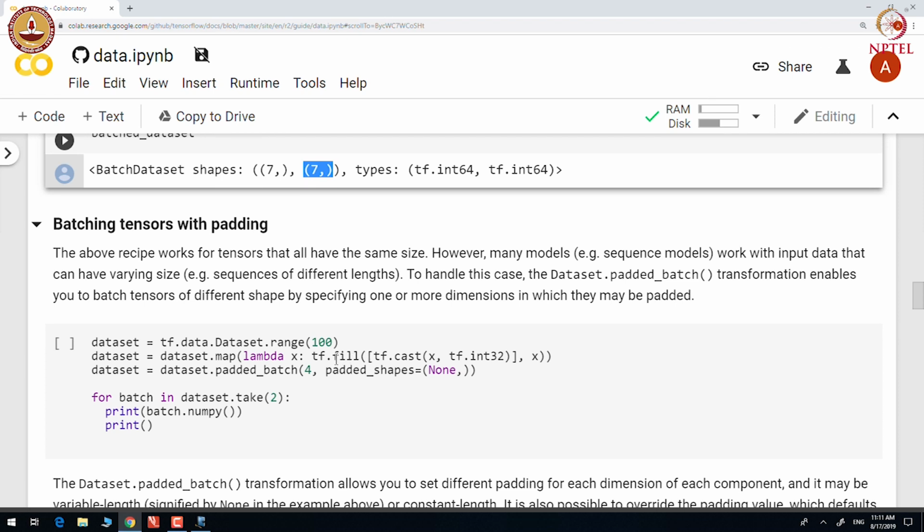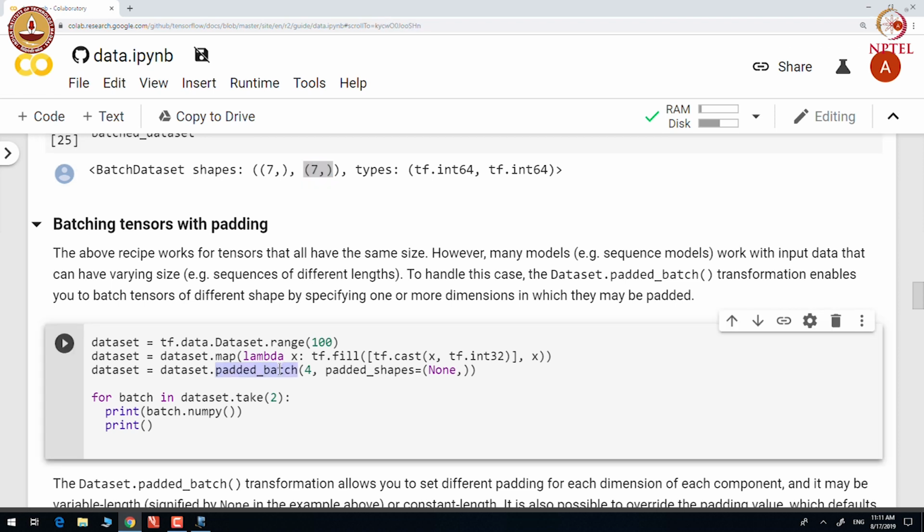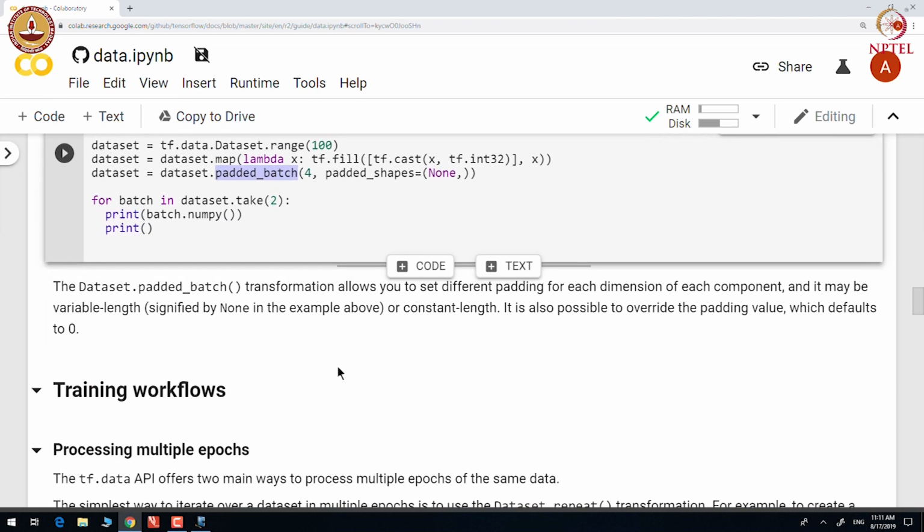For example, the number 1 will be repeated once, number 2 will be repeated twice, number 3 will be repeated thrice, and so on. And we apply padded underscore batch transformation on the data set by specifying padded underscore shape and the number of elements in each batch, which is 4 over here.